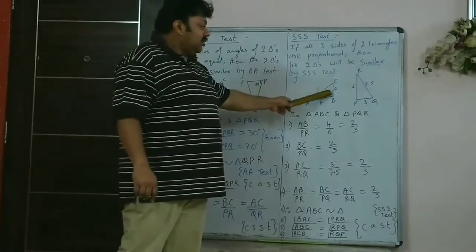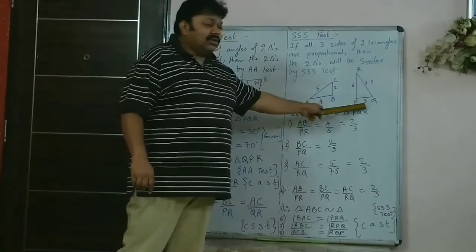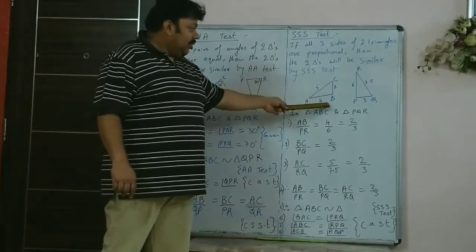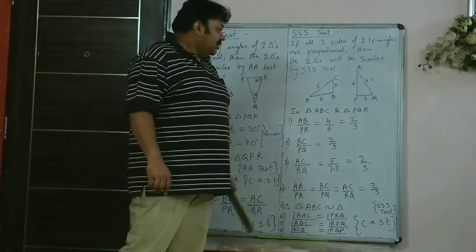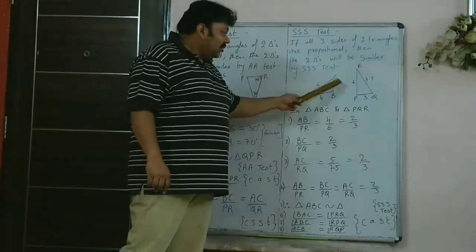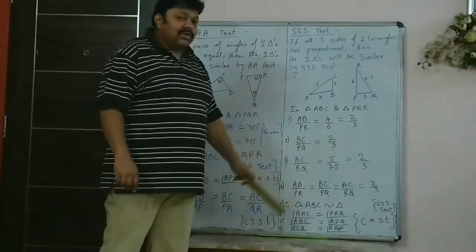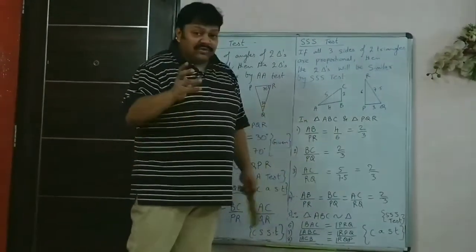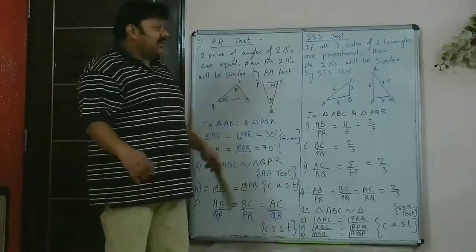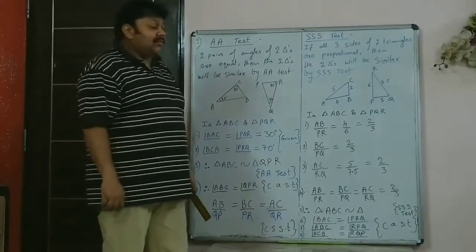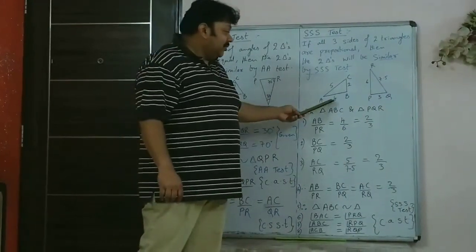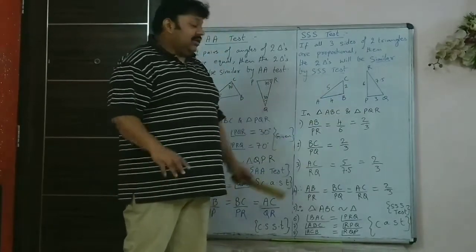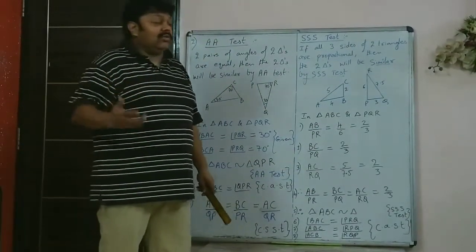Here BC is the shortest side, and here PQ is the shortest side. So you can see that BC upon PQ is in the same ratio, that is 2:3. Look at the shortest side, which is visible, and then see whether the other sides are also in the same ratio. If you look at AB, the side which may be almost perpendicular to BC, it is not given perpendicular, so I can't assume it is perpendicular.